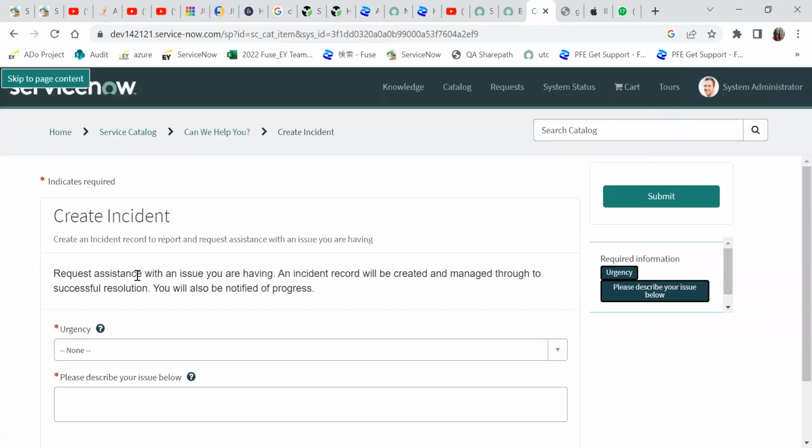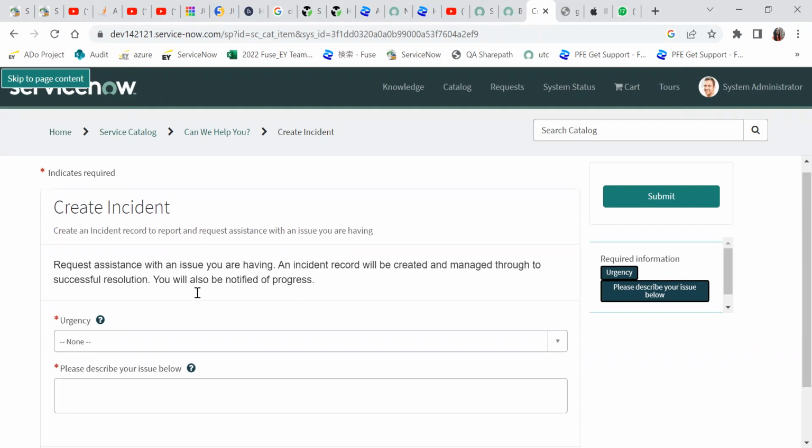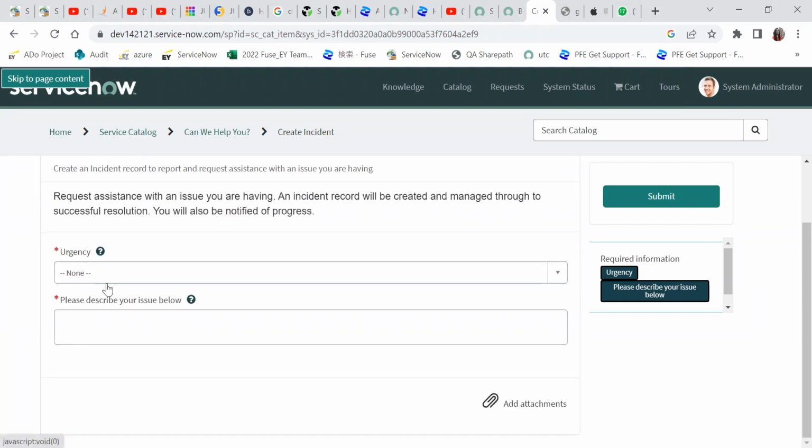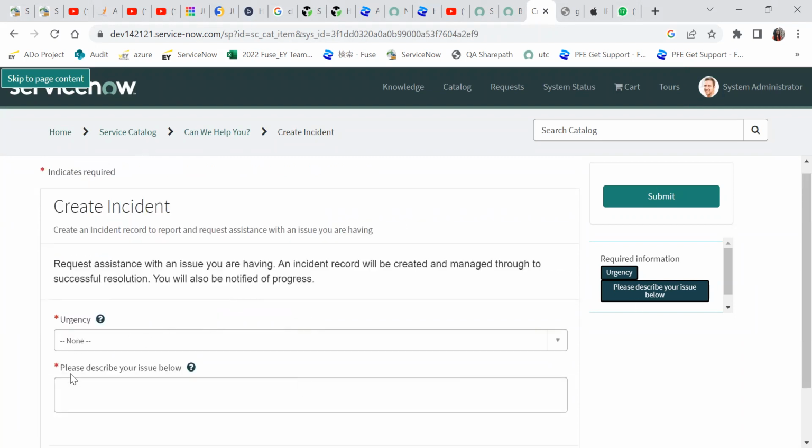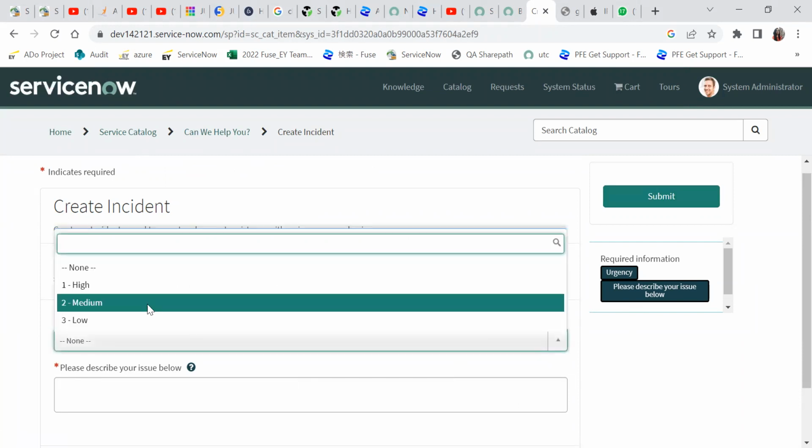configuration of that particular portal. Because this is an out of box personal instance, it has this type of configuration, where a create incident form is there. There are two fields which are required, both are mandatory, and once those two fields are filled, we can click on submit. So I'll just click on any